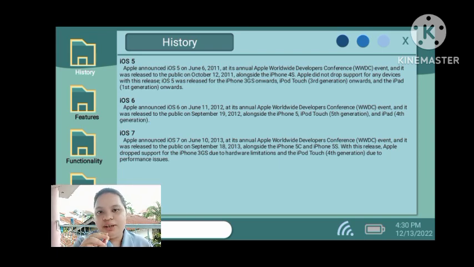The next iOS version is iOS 7, which was released in September 2013. Because the former head of iOS development was fired, a new one was appointed, Johnny Ive, who is also Apple's head of design. During this version, unlike the previous version, in which many users complained about the bugs in the app, which is the Maps app, in this version,